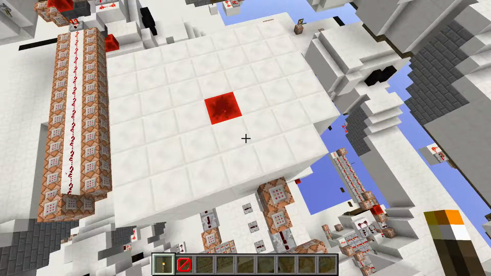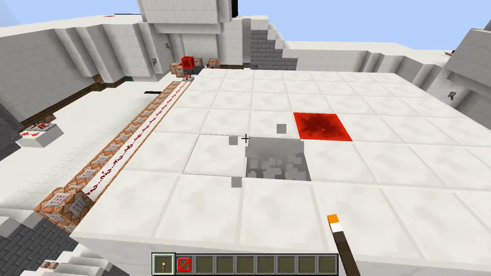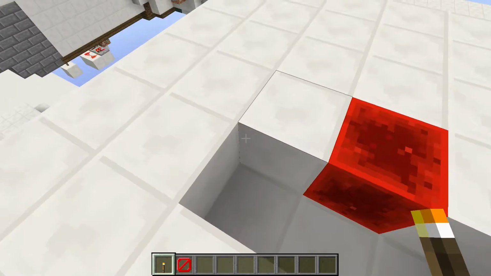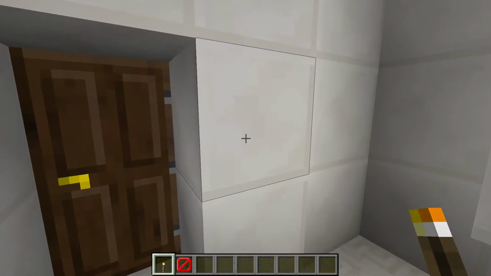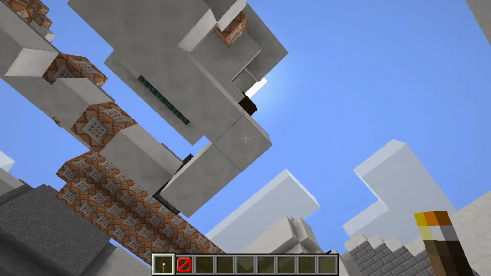I got a little bit of a block here. So let's see what's in here. A bathroom. And just a bathroom. So how did he make it so that...